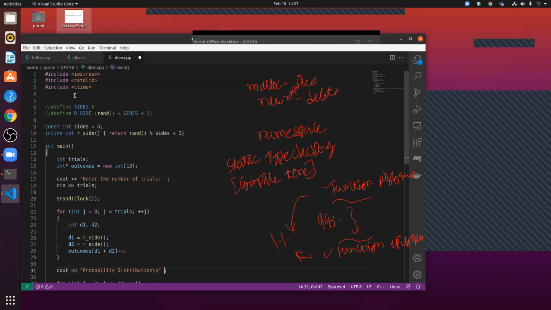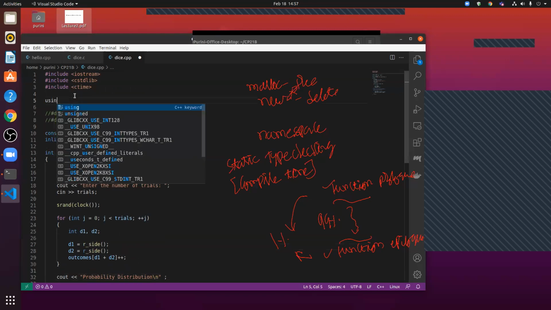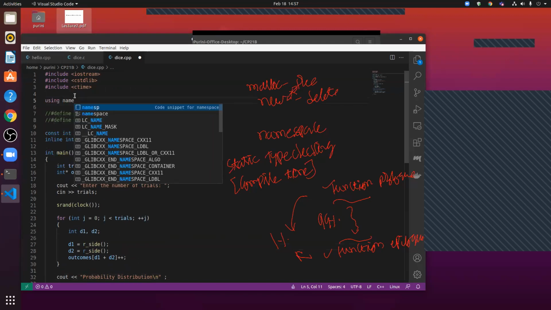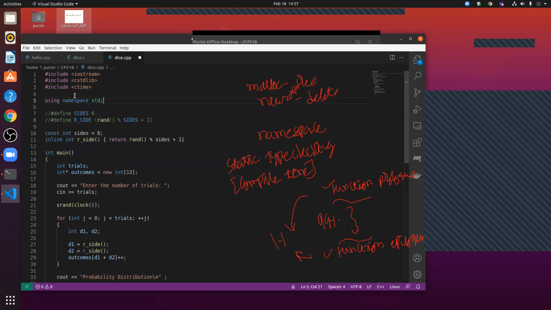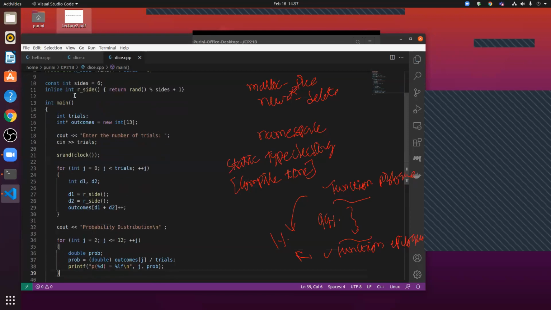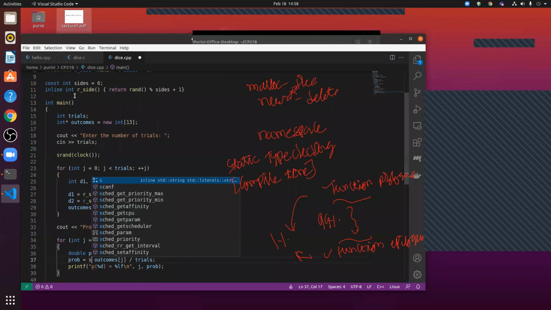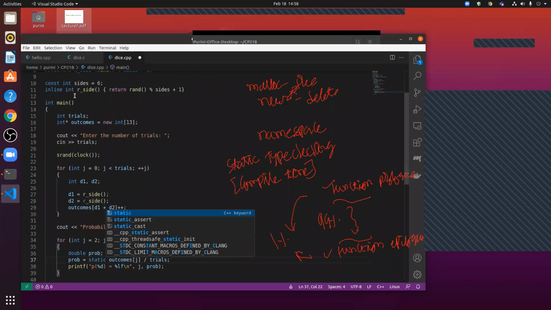And of course here, what should we use? Using namespace std. All right. So here one more thing we do, the way we static cast.